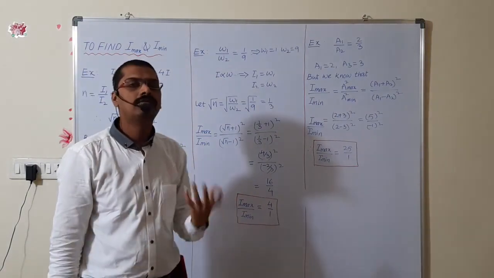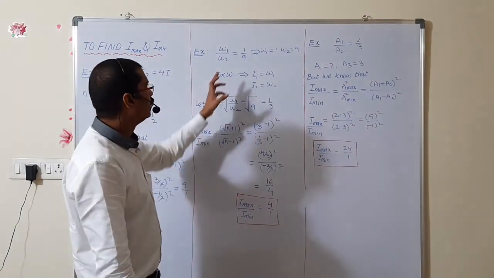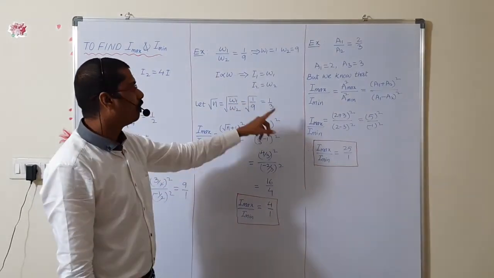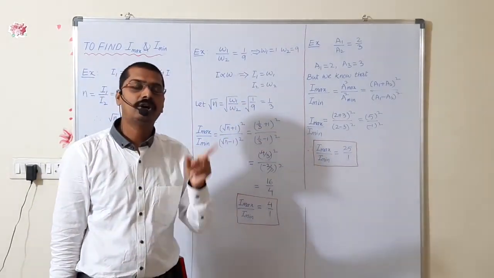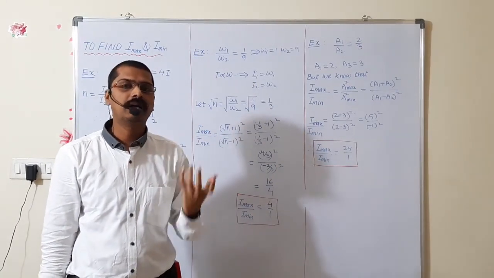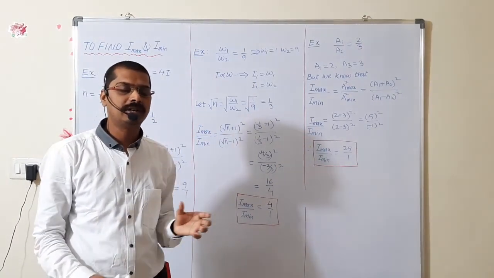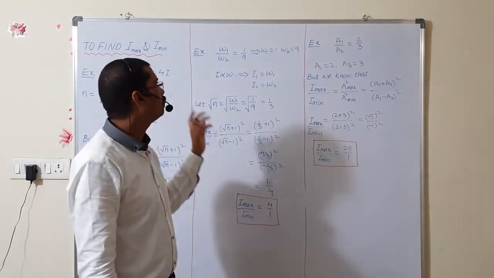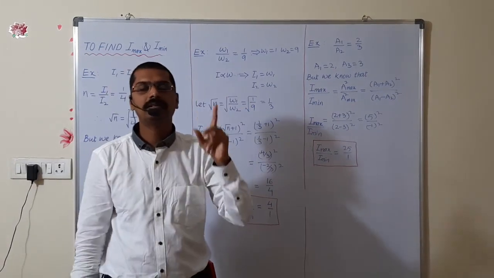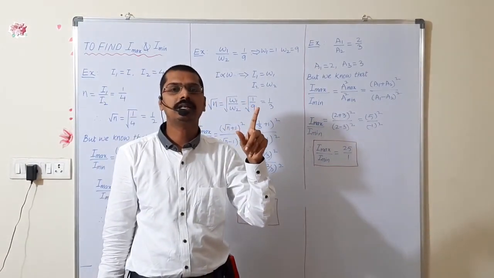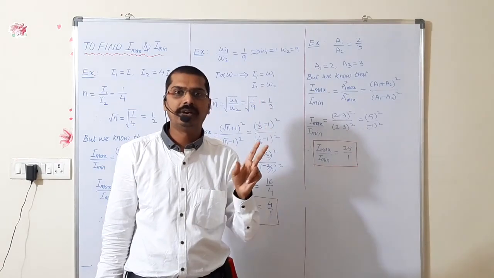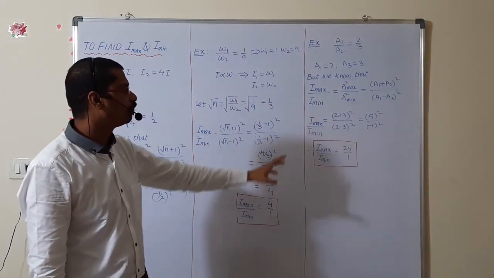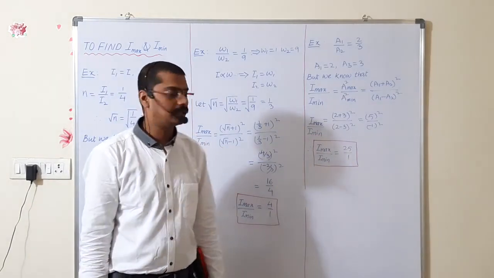In this case, what do we have to understand? We have to understand the absence of phase difference and path difference. Maximum and minimum intensities we can find in the absence of phase difference and path difference. Whenever the absence of phase difference and path difference is there, that time the questions we can make in three ways: the ratio of intensities, the ratio of slit width, the ratio of amplitudes. Based on these three only, we will find the maximum and minimum intensities. Copy down.